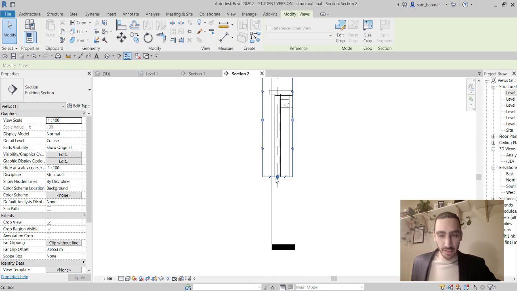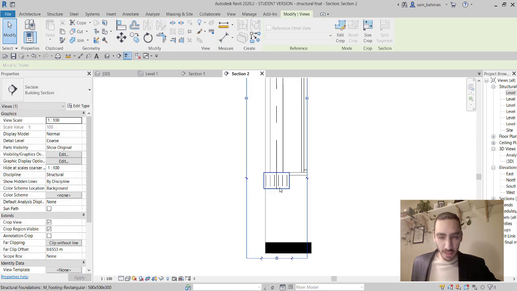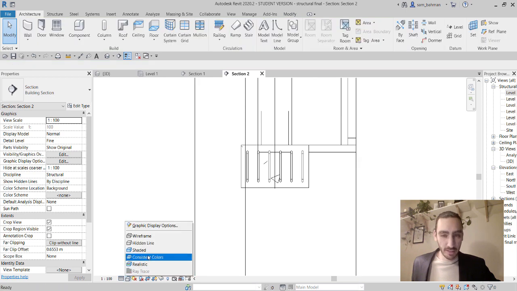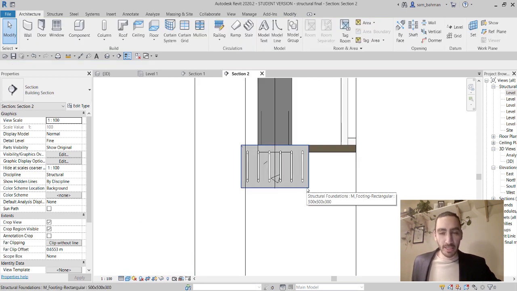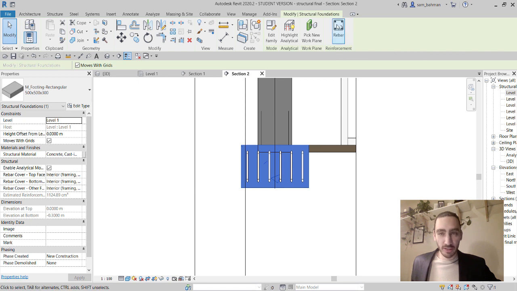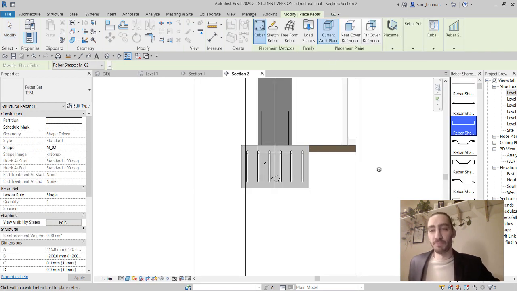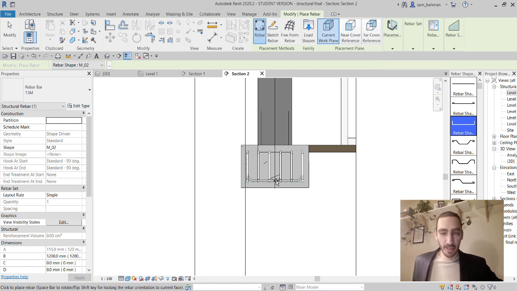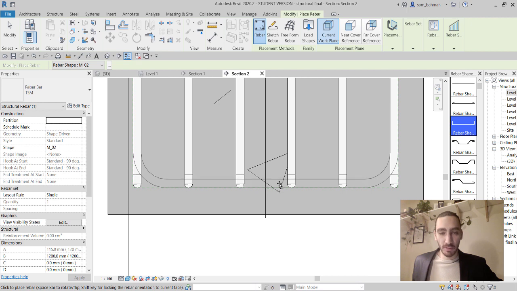Simply just extend the view down there. You would be able to see this. Simply put this on fine, consistent colors. Select the isolated foundation, go for the rebar, select the shape that you wish to go with it, current work plane, parallel to work plane, and simply you would be able to place that again,